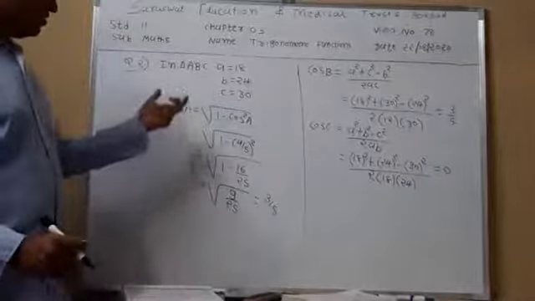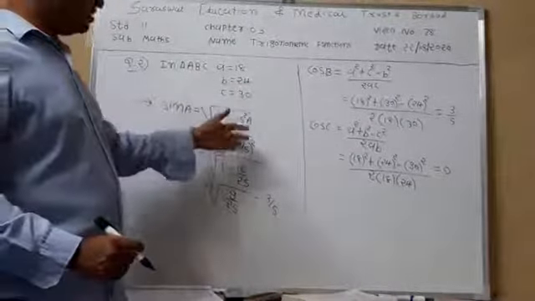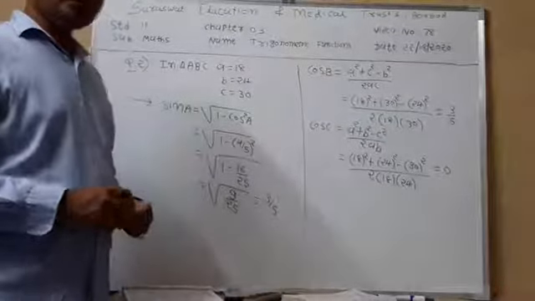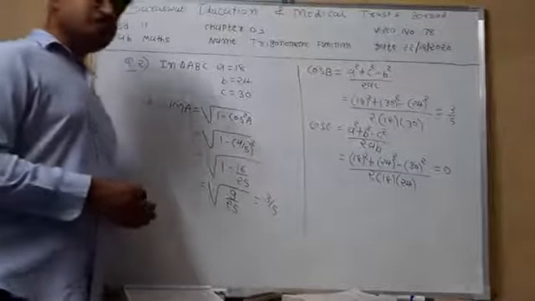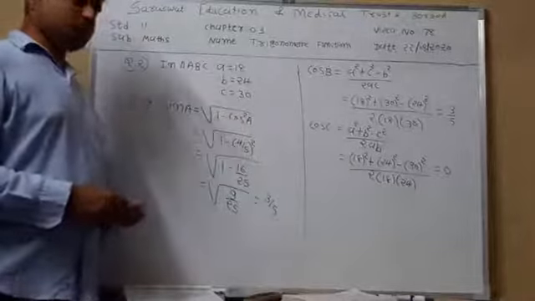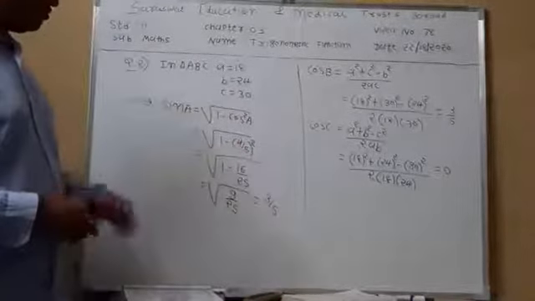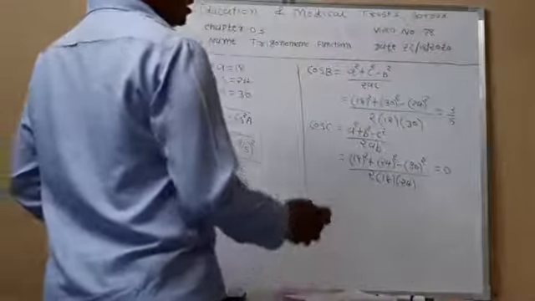So once again, in the above question, we find the value of cos A, so we get cos A as 4 by 5. Now using this value, find out the value of sin A. So sin A, that means under root 1 minus cos square A, under root 1 minus 4 by 5 whole square. Simplify this term, take LCM, so here we get the answer.